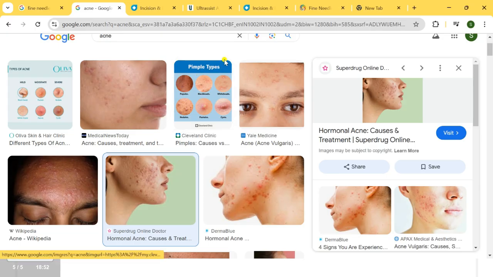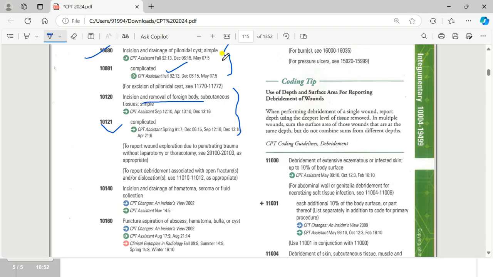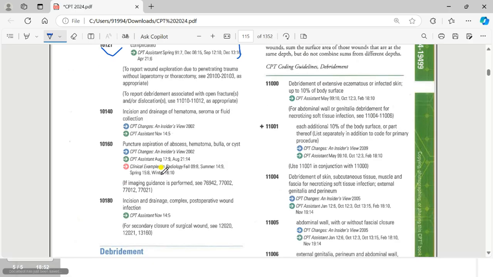Okay, so all these terminologies you should remember for the CPC exam. If you want to make a note, please make a note. The remaining are also like I&Ds and aspiration. Aspiration is nothing but removal of the fluid. They will puncture it and they will remove it. Okay. This code